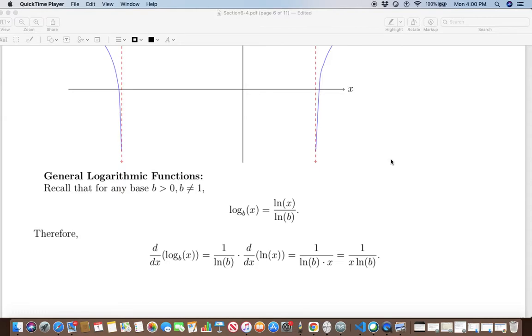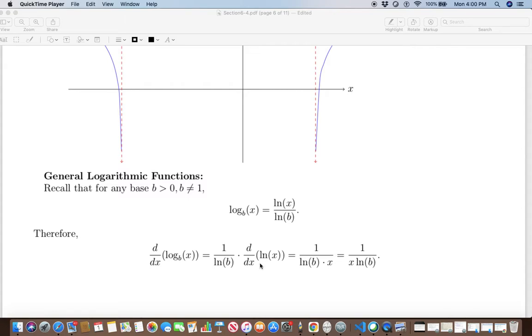Come back. Now let's study general logarithmic functions. Recall for any base b greater than 0, b not 1, we know log base b of x is natural log of x divided by natural log of b. So natural log of b is a constant because x is the variable. Okay. So the derivative with respect to x of log base b of x is that constant stays away and you